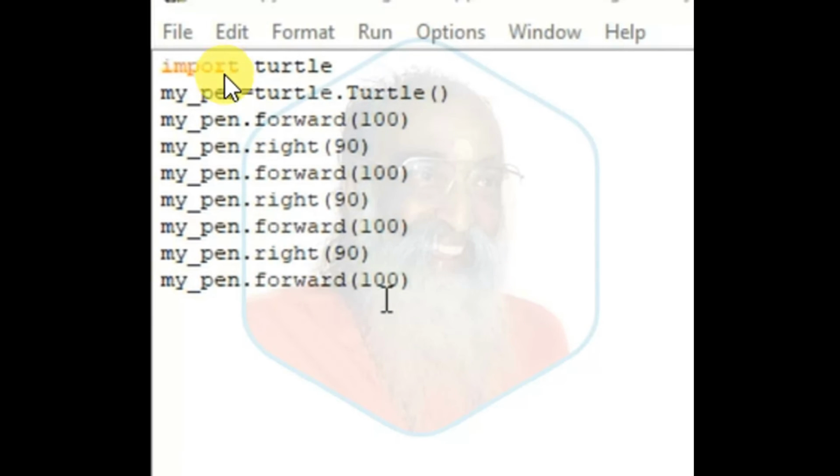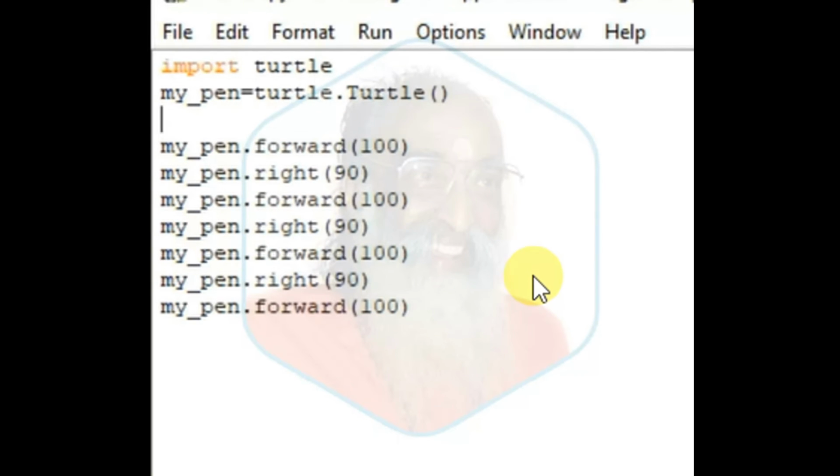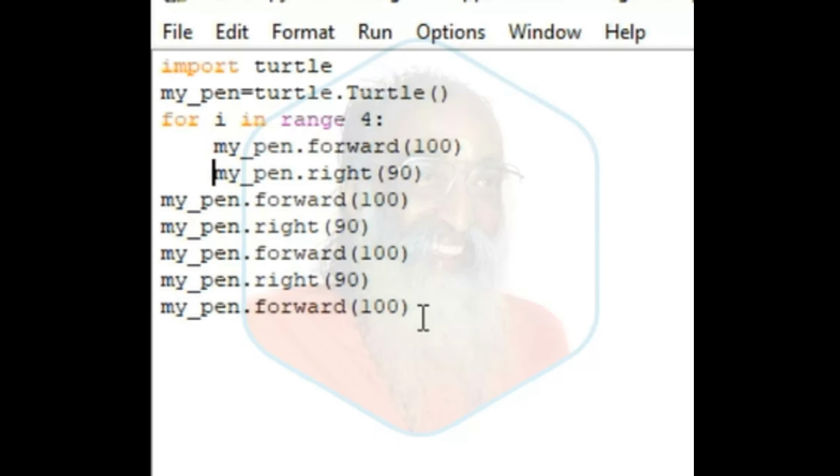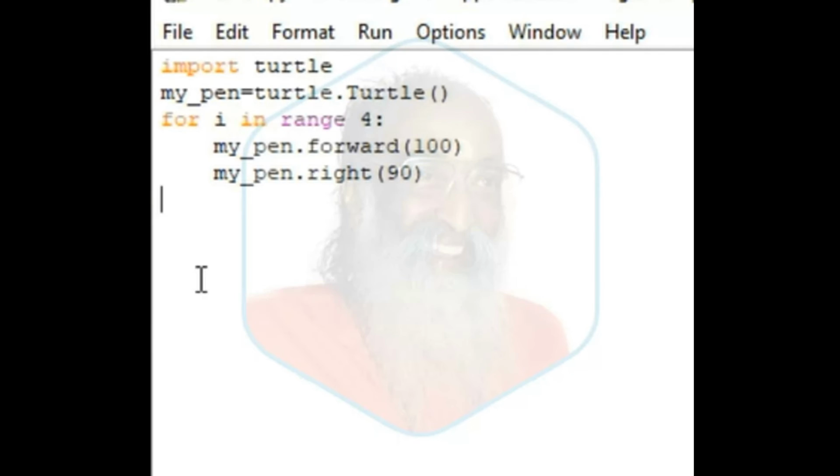Let's reduce the length of the code by inserting a looping statement. I'll use a for loop here. I am removing the remaining instructions, as our target is to draw a square box using a Python program.